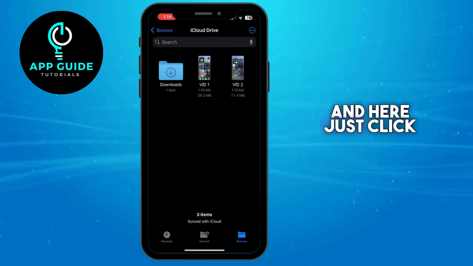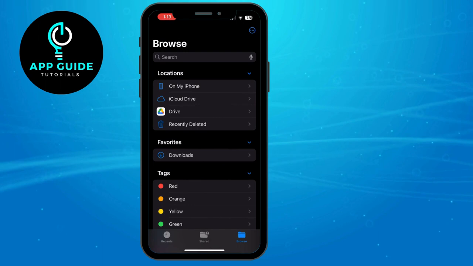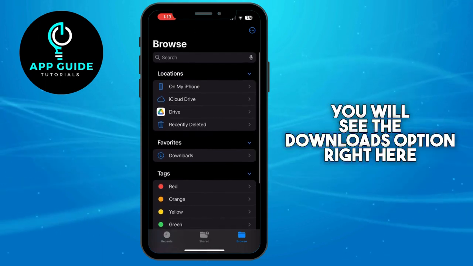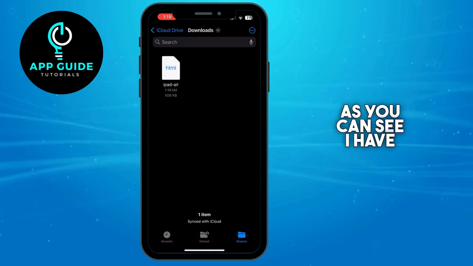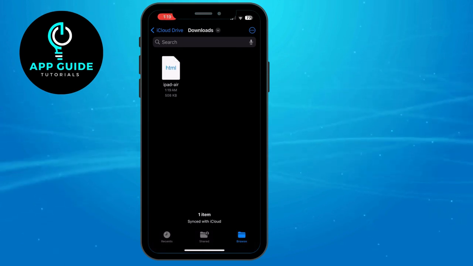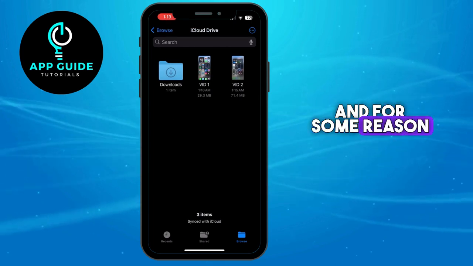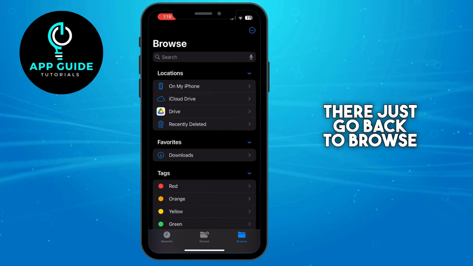And here, just click on the Browse at the top left corner. You will see the Downloads option right here. So if you click on that, as you can see, I have my downloaded picture earlier. And for some reason, if yours is not there, just go back to Browse and go to